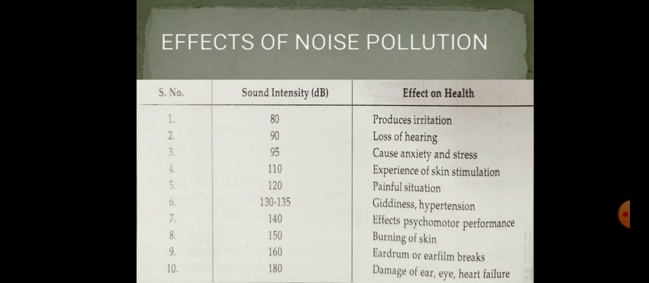And now the last one, what will be the effect of noise pollution. There is a table given here, of sound intensity and the effect on health. We can go through this table and see the intensity of sound and how it affects the health of humans. Number 1, the level of sound intensity of 80 decibel produces irritation. It means the sound of 80 decibel produces irritation,